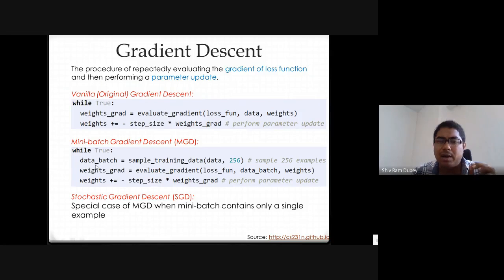But in most cases, we will generally work on a batch of the data. We extract a batch of data, find the gradient for that batch, and then all the weights are updated like this: the current weight value minus a step size, since we are updating in the opposite direction of the gradient. The step we take is called the learning rate or step size, multiplied with the gradient we have computed. If this is the gradient, we update in the negative direction, that's why there is the minus here. So weight equals weight minus step size times the gradient, and that is going to be applied for all